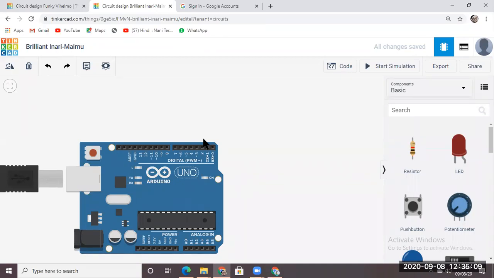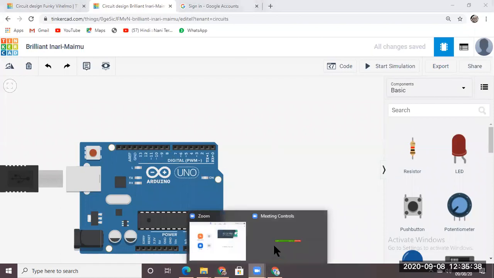Similarly, we need to write some commands for it, like to detect something. We need to write some instruction. You will learn this. It is a little difficult, so for the first program, we will just turn on an LED bulb. We just need to connect an LED bulb and then turn it on with the help of the Arduino board.